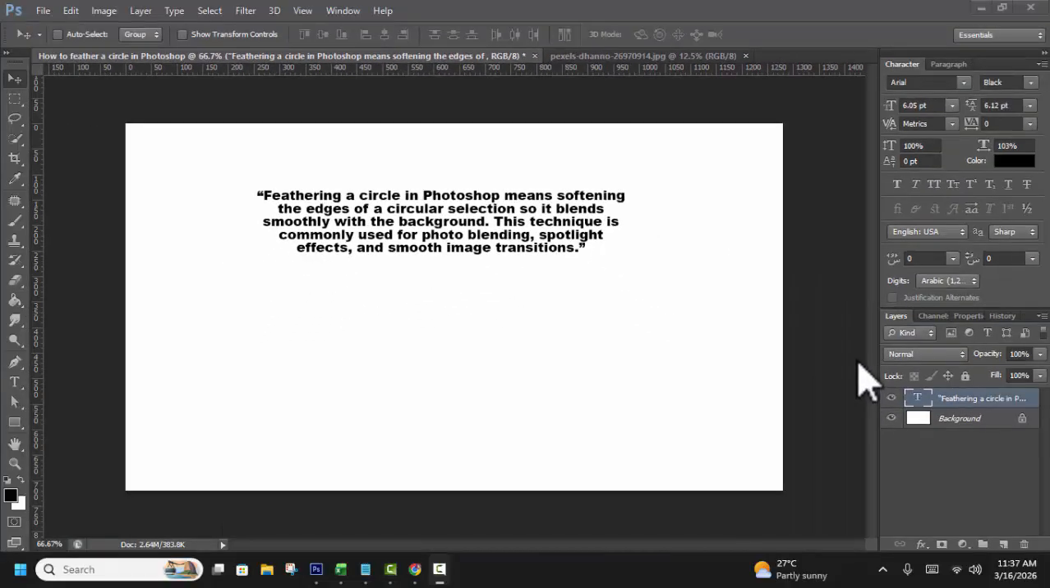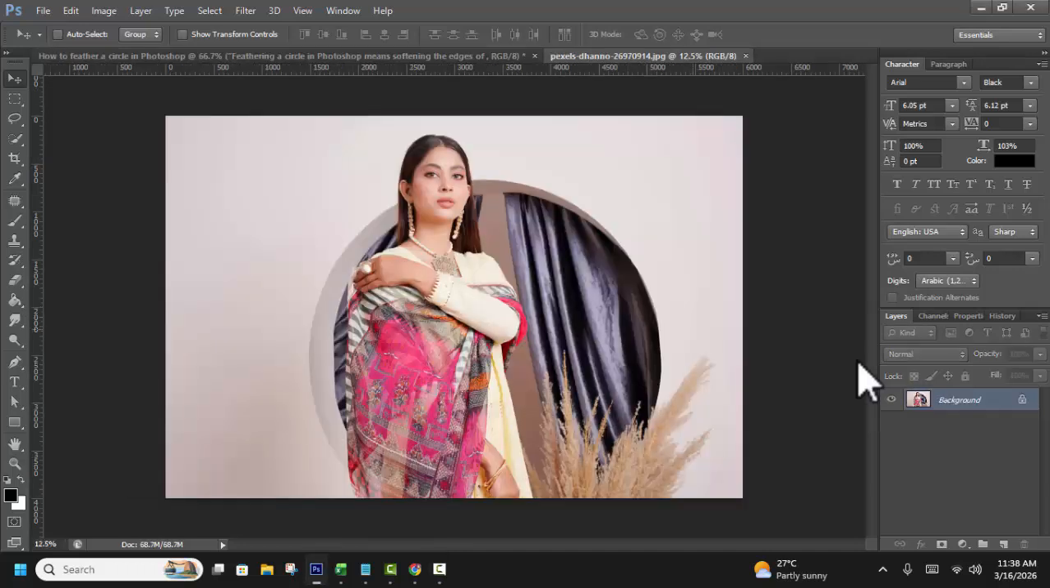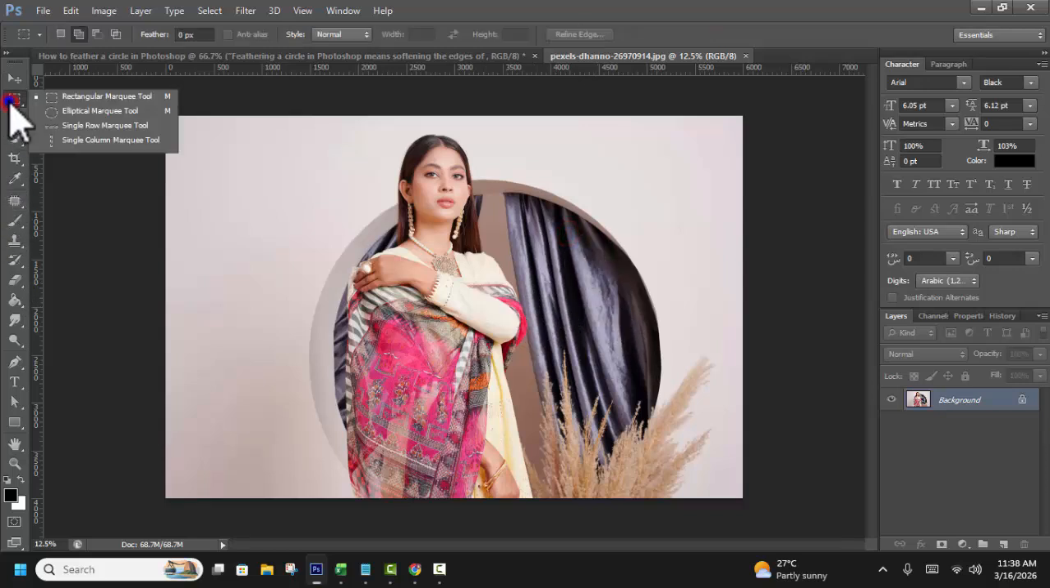First of all, open your image. I already opened this image, then use selection, right click elliptical marquee tool, then hold shift,